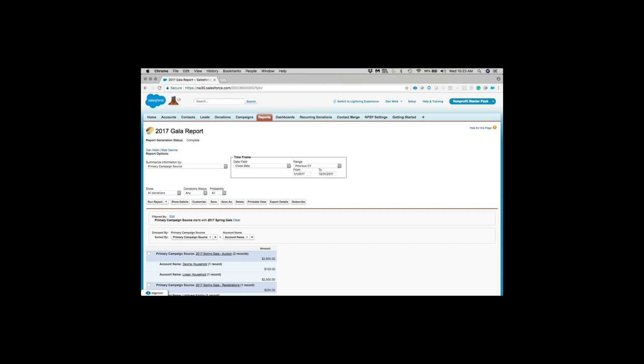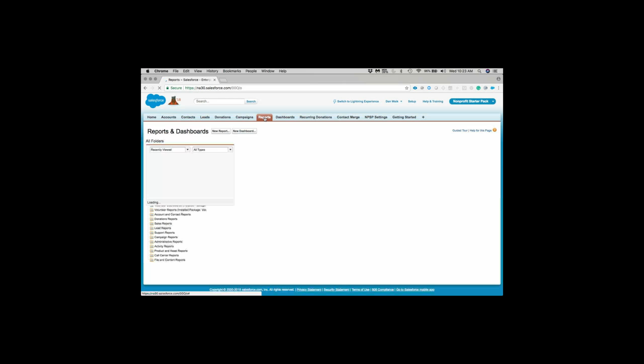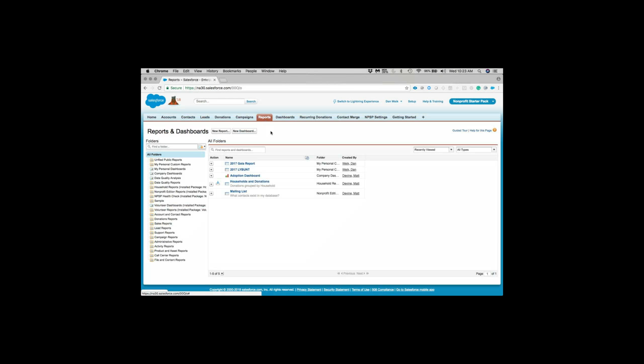Okay, so we've got two reports now in the queue that we can work with. One is our LYBUNT report, and this one is our Gala report that shows specifically what came in for the Gala. Now, another thing that I see a lot of organizations want to include on their dashboards is a report that shows how they're doing over the course of the calendar year, whether that's by the activity they're doing or, depending on how you do your campaigns, whether it's the type of gift or the type of activity. In our case, we have it set up as types on the campaigns. So we're going to go back here to New Report again